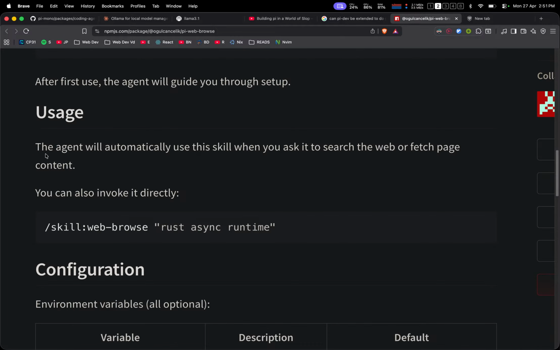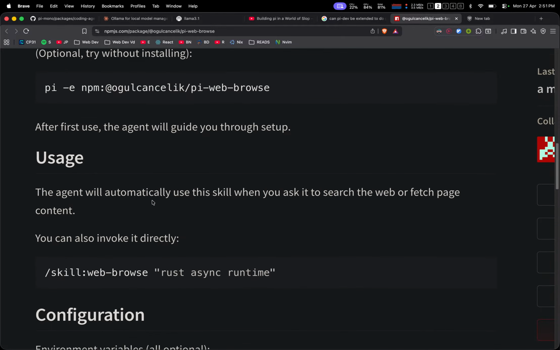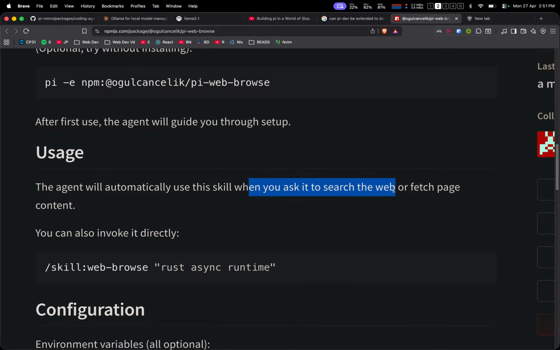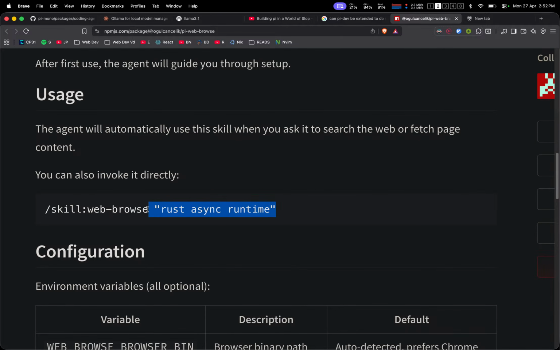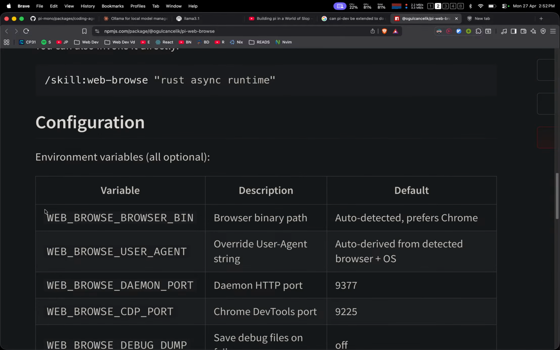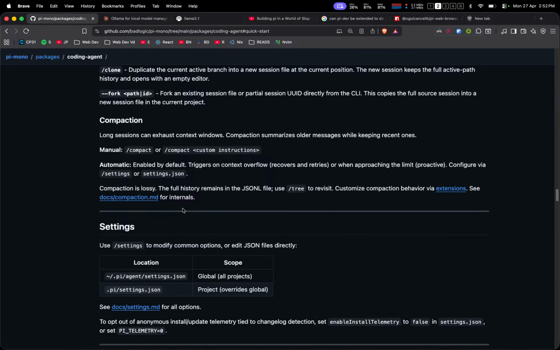and then the agent will automatically use this skill when you ask it to search the web or fetch a page. You can also invoke it directly using this rest async runtime, like search this on the web using this skill. That makes sense. And this skill keyword